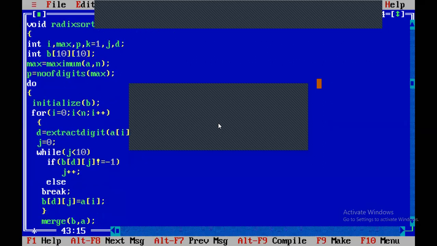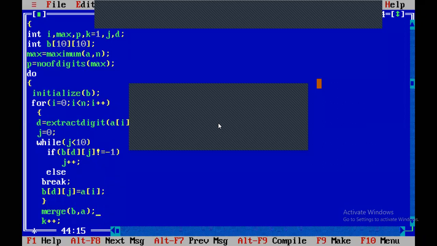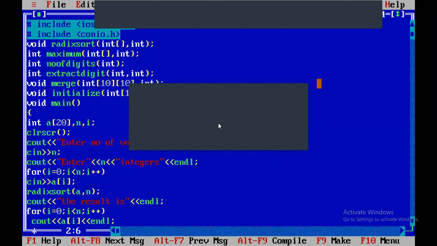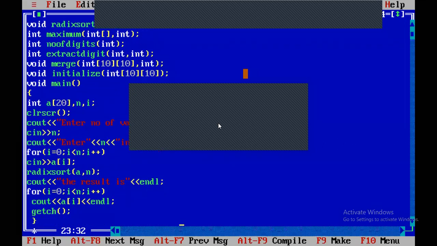What is a? For void merge, int b of 10 10 comma. So what is the mistake? A one dimensional array is required.